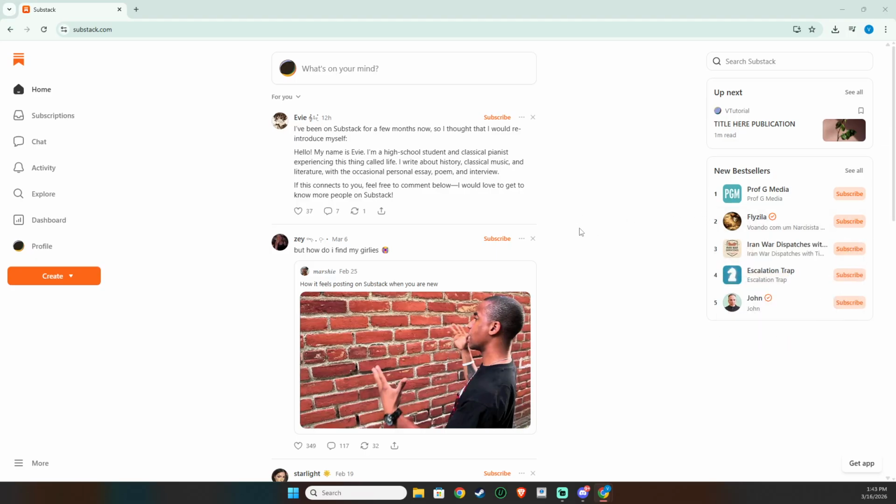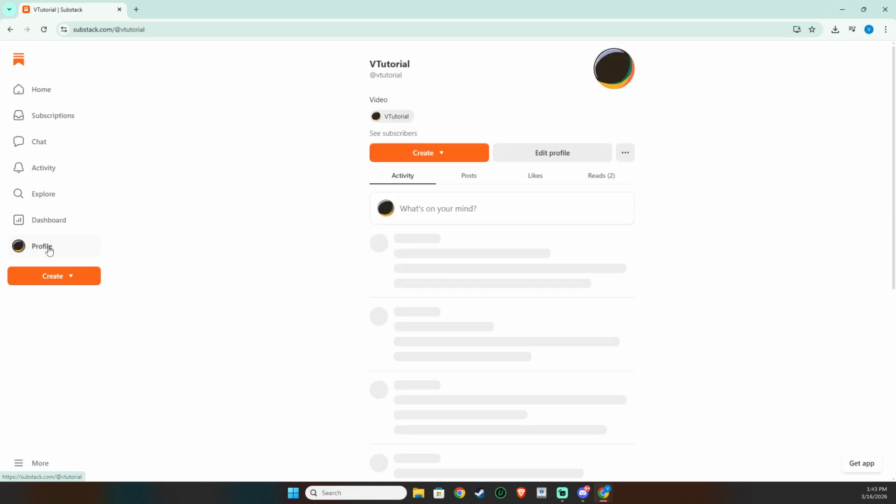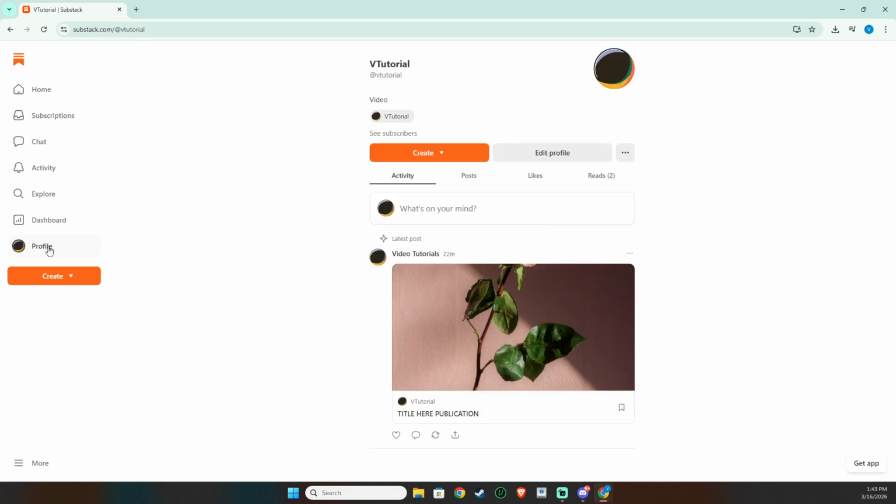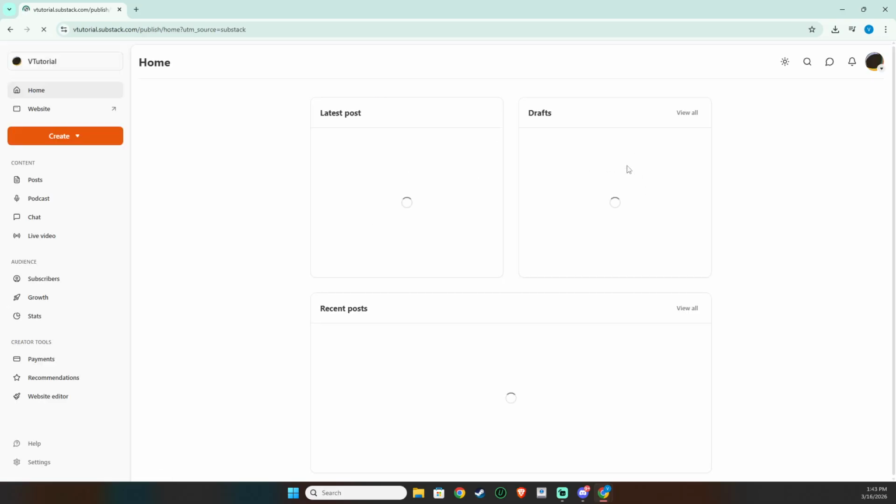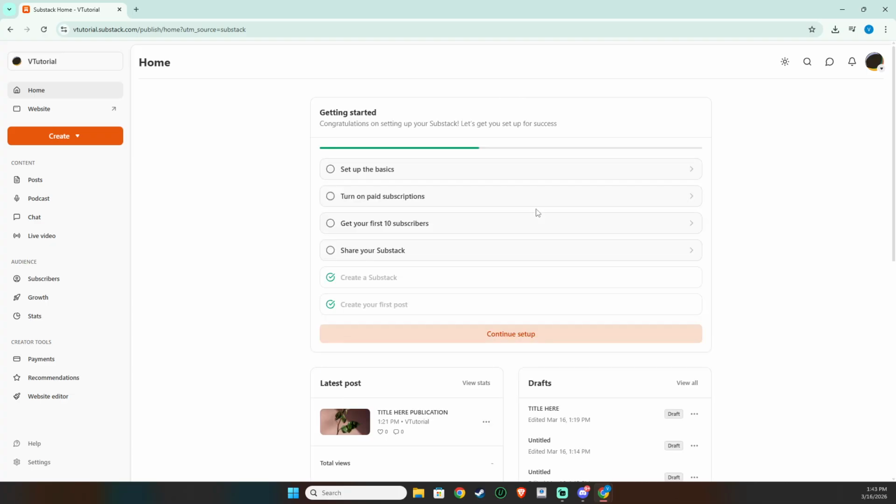Begin by opening Substack in your browser. Once you're in, look to the top right corner and click your profile. This opens the menu where you can access all the tools you need. In that same area, click the three-dot icon to reveal additional options. From that menu, choose Publisher Dashboard. This takes you to the central hub for managing your publication.